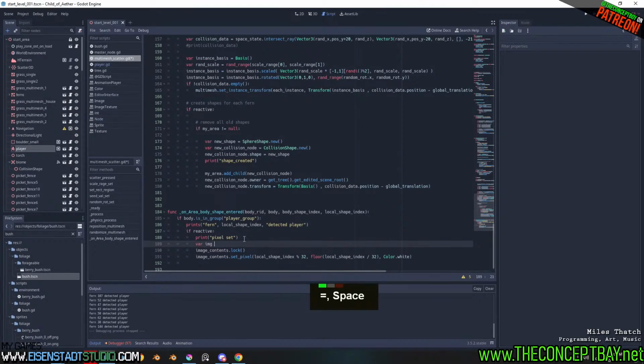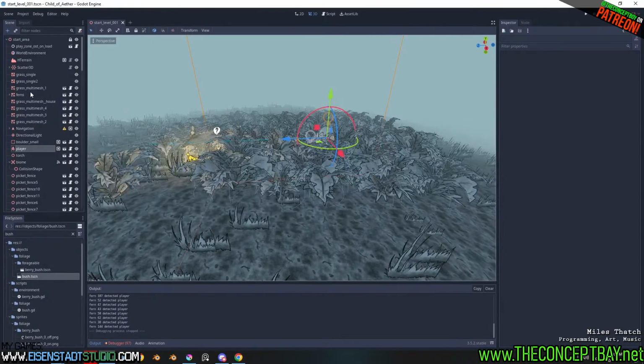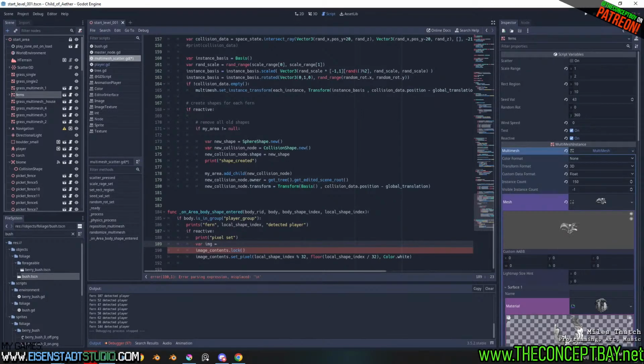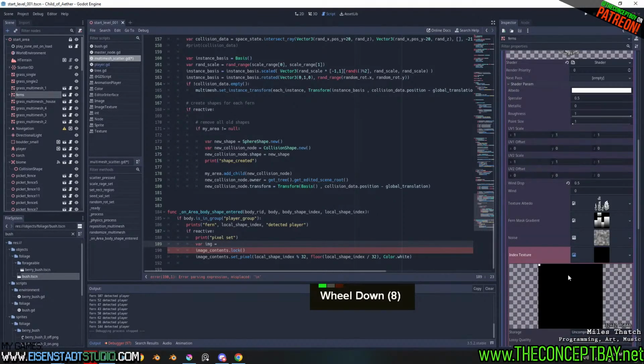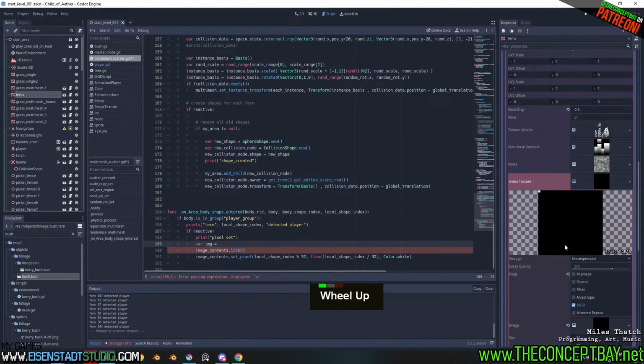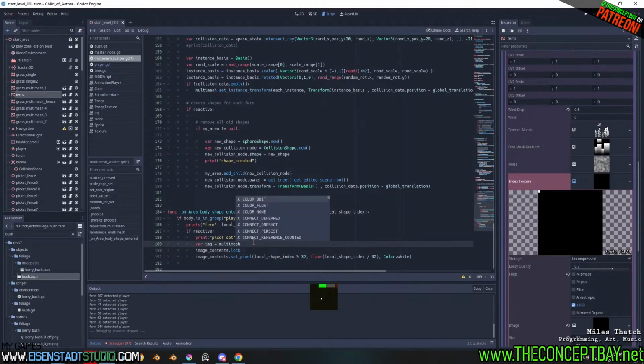Var img. Let's go ahead and locate where we need to go to get to this thing. So mesh or multi-mesh dot mesh dot get